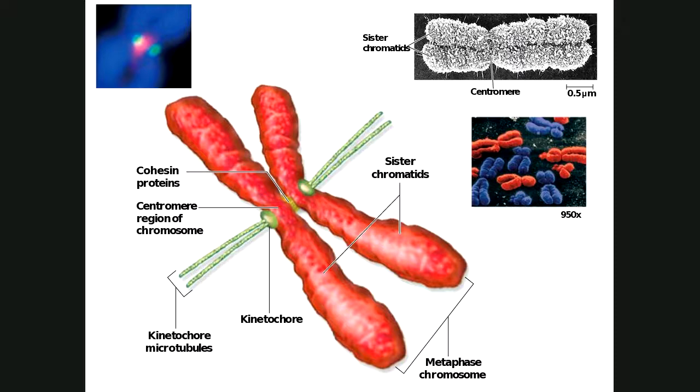Because remember, chromosomes are long molecules of DNA, and when they're not condensed, if we looked in the nucleus of a cell, if we could even see them, they look like all kinds of little threads that are all wound up amongst each other. It's very difficult to figure out what's going on there. So when we get ready to move them, we're going to wind them up. And I'll show you how we wind them up here in just a second. But not only are they going to be wound up, but as we go through this process, we're going to make a copy of them.